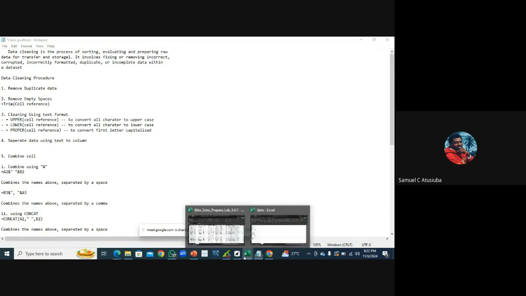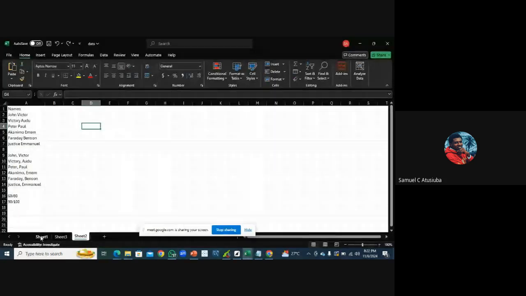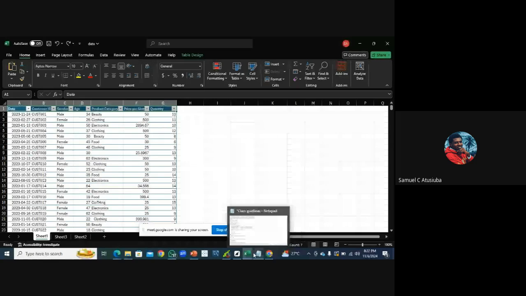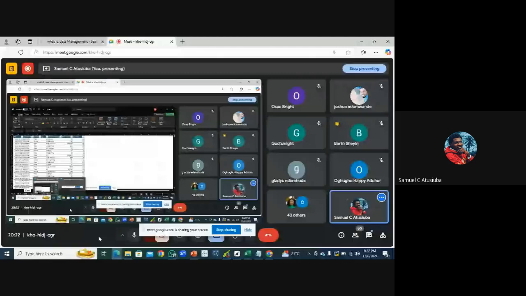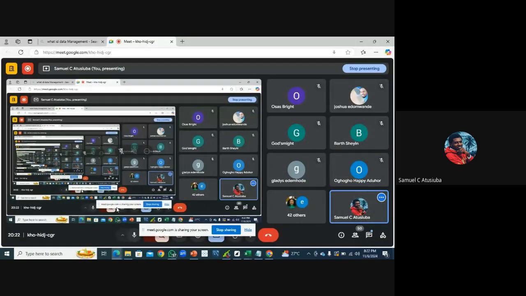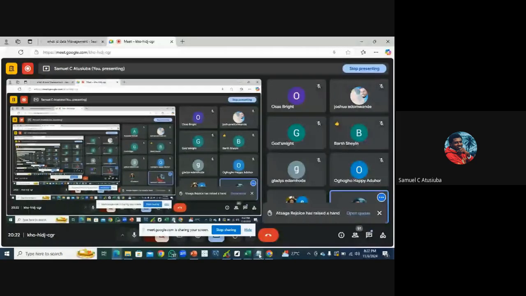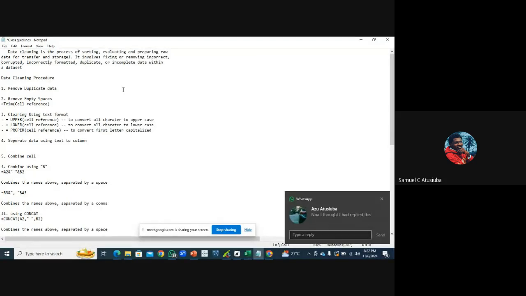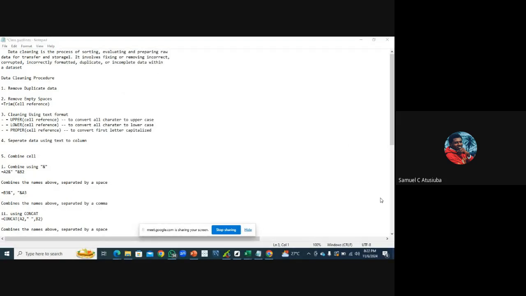So for today's class, we'll be focusing on two items, which is data cleaning and data management, right? Please confirm that you can all see my screen. Good, okay, thank you. So before we go, let's discuss what is data cleaning. So data cleaning is a process of sorting, evaluating, and preparing raw data for transfer and